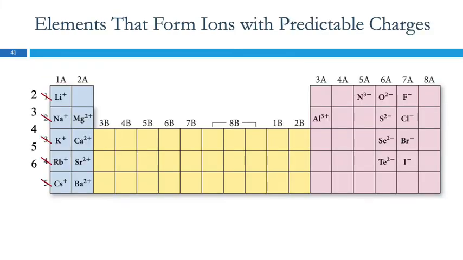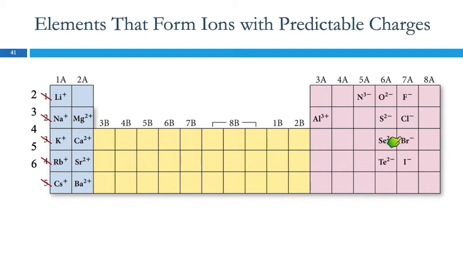These are the predictable charges ones. Even in the newer edition, they numbered these wrong, which is kind of understandable. You know, they left off the hydrogen thing up here, so they started with 1. So, you know, correct that in your book. And I don't know what happened to these numbers, but they're slightly off. Anyway,